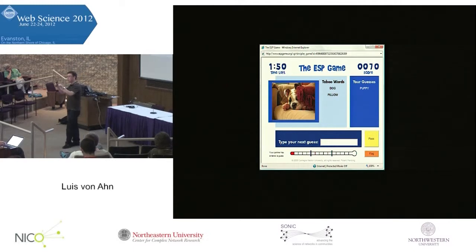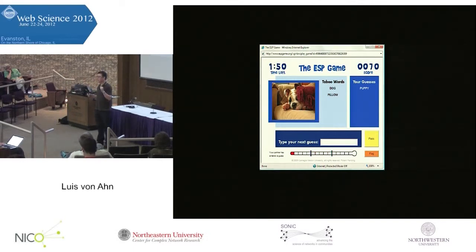Now, the goal of the game is you're both given the same image, and you're told to type whatever the other guy's typing. And it turns out that what people do is they type words that are related to the image that they can both see. So they're basically both tagging the same image. And then both players are typing a lot of words related to the common image until one of player one's words is equal to one of player two's words. They agree, and they get points. And this word that the two players agree on is usually a very good label for the image because it comes from two relatively independent sources. Okay, so that was the idea of the game.